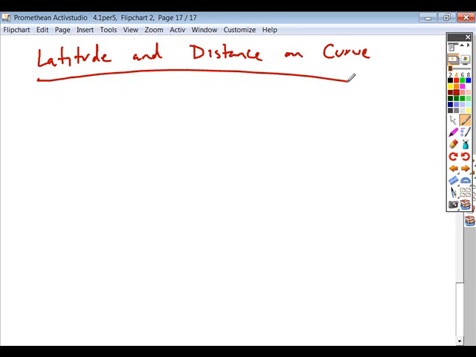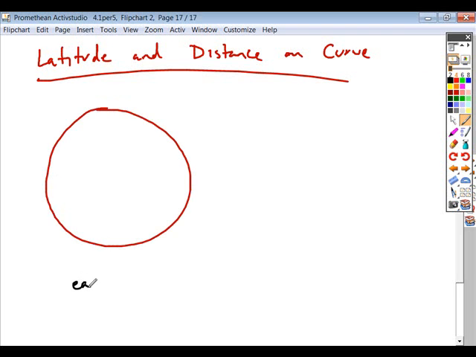Hey, have you guys heard of the expression or the term latitude before? Back in geography, maybe you did that in sixth grade. Did you guys do much of that in middle school? Okay, so when you're looking at latitude, what latitude is, it involves looking at a side view of